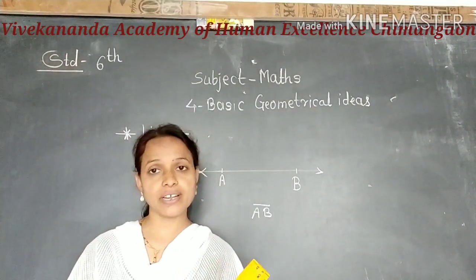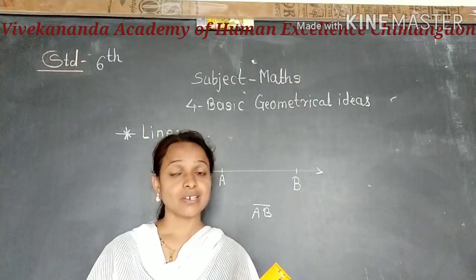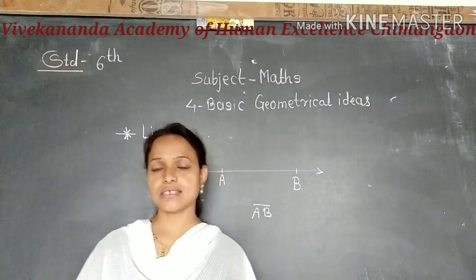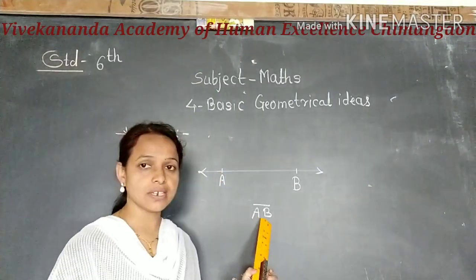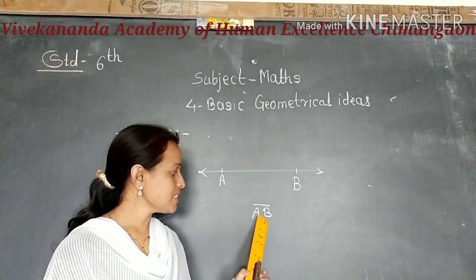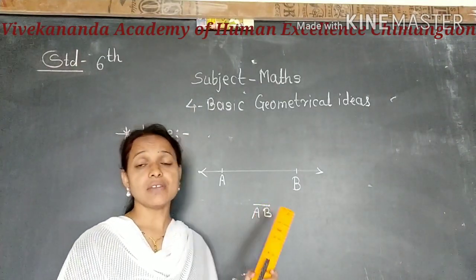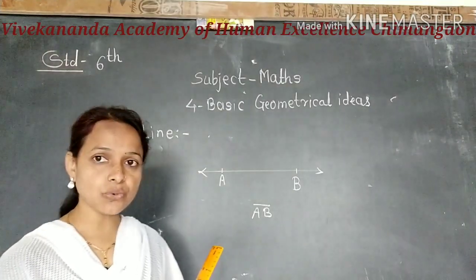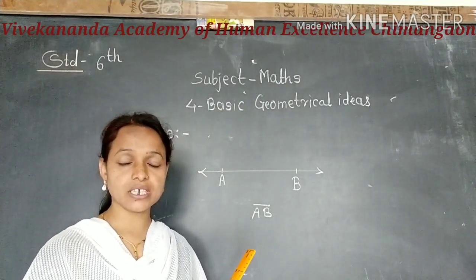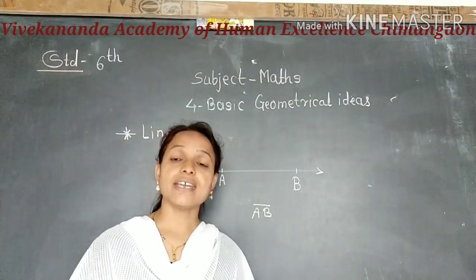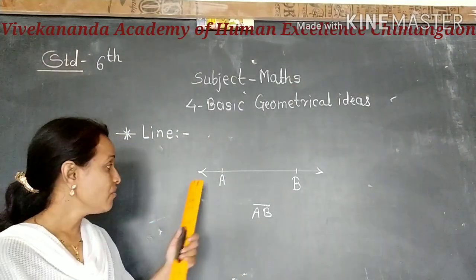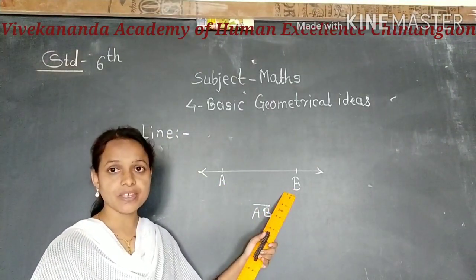Students, you have learned about line segment. Correct? We denote a line segment like this. Here I have shown the line segment AB by using the symbol of line segment. Okay? And we have learned a line segment has two ends. Correct? So now you imagine a line segment AB from A to B is